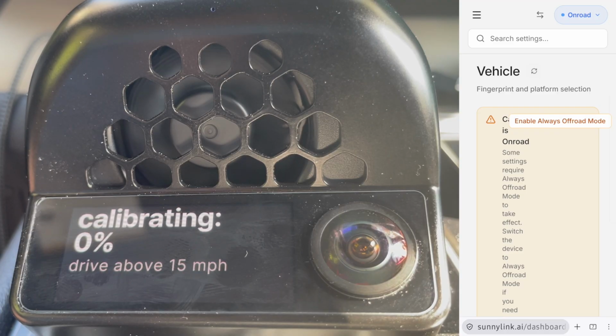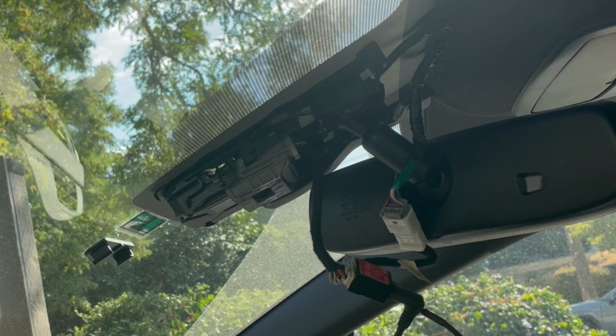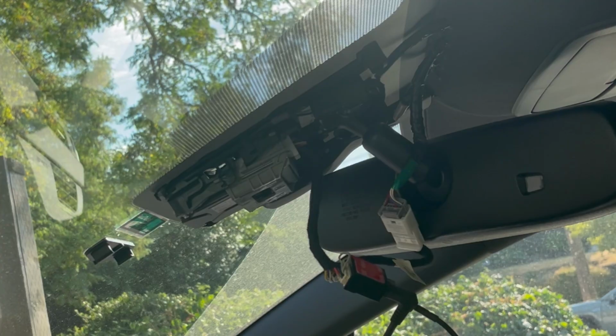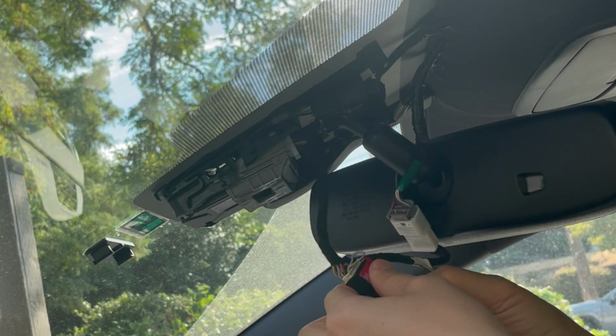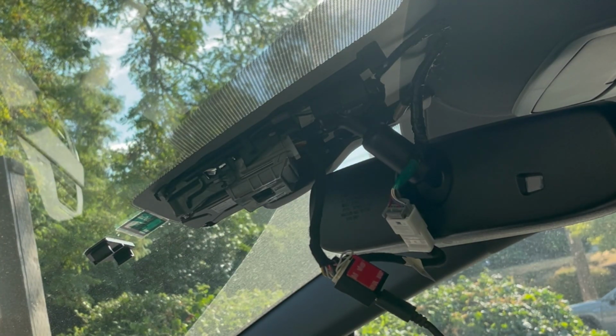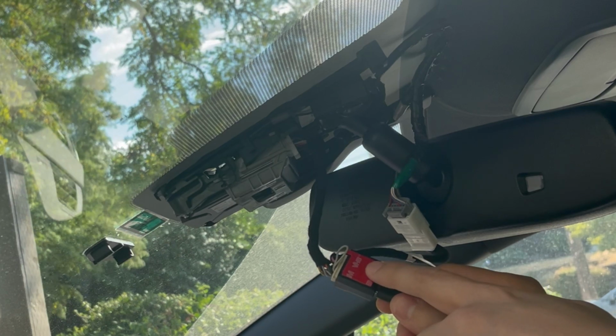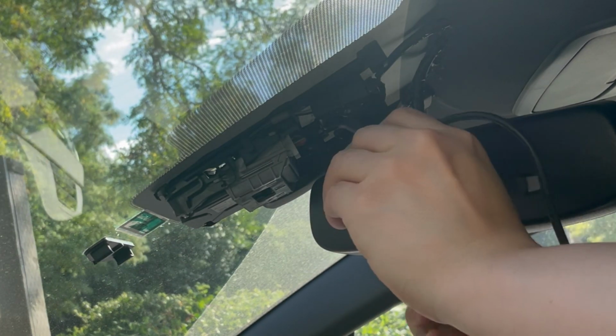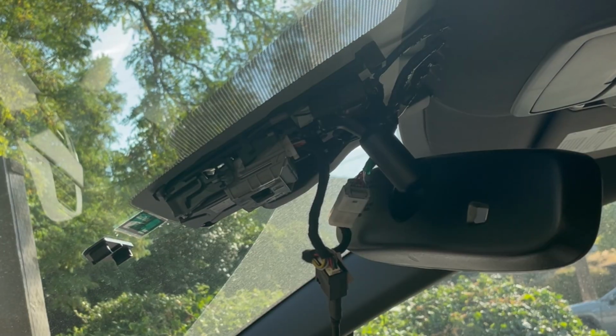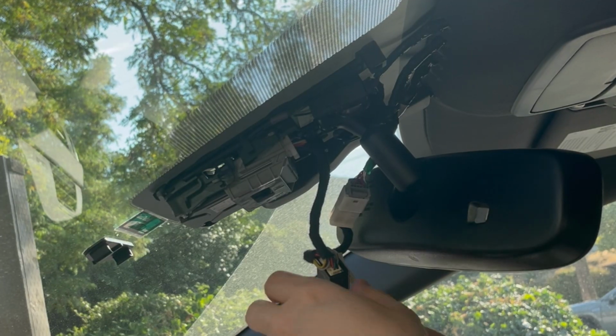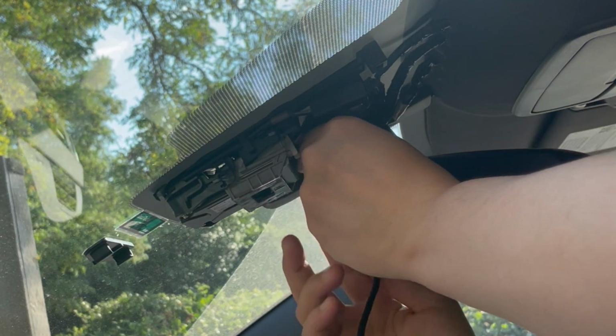Okay, we're done. Let's clean up the cables. To clean up, first turn off the car, unplug comma, and I don't use comma power, so I will remove comma power as well. There is a tape you can peel off and stick it somewhere, but really you don't need to. It's a pretty tight fit, so you can just push everything in and close it and it won't rattle or anything.